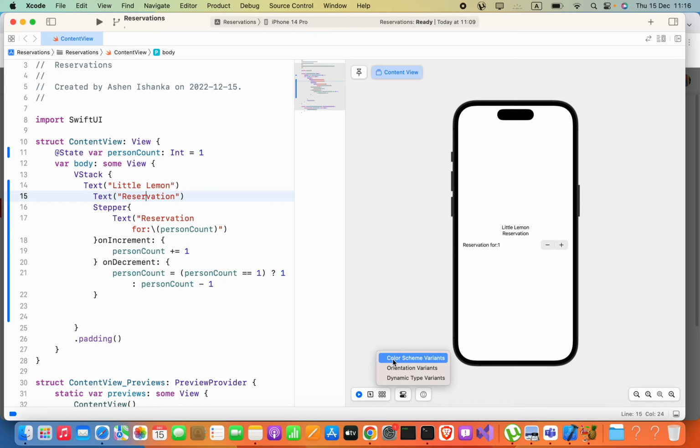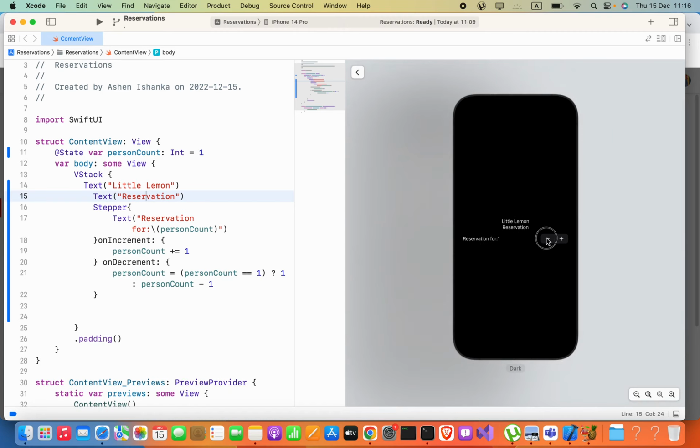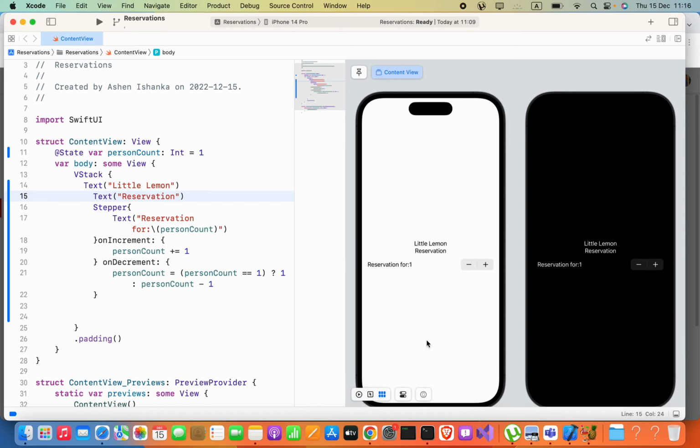The color scheme displays your view in light and dark modes. Here I selected that. Then you can select a particular view by pressing on this device. Then you can preview that. Now we are going to go to the next option called